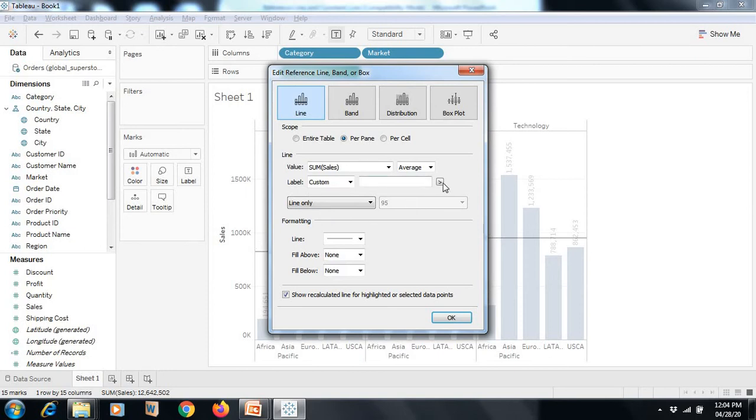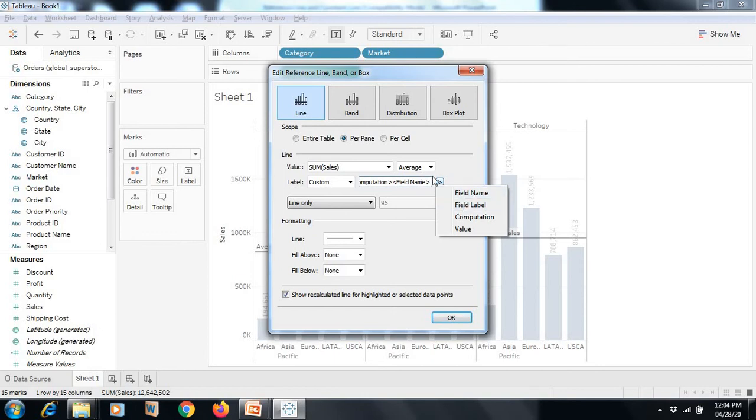Under custom, I will find one more box being added here. Now I want to say computation was average. Next I want to say field name Sales.